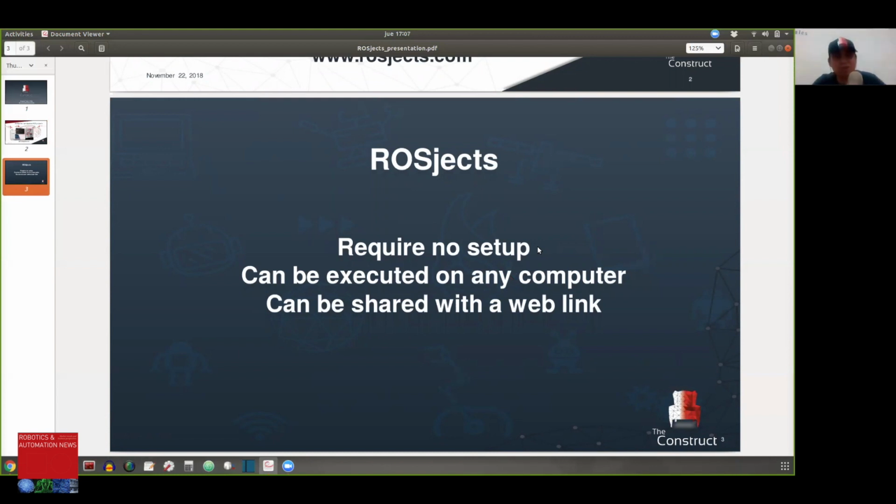Whenever you create a ROSject in our platform, you can share this ROSject with anybody else just by providing a web link. The people will click on that link, and they will automatically receive a copy of the ROSject containing the code, the simulations, the notebook, the data set, whatever you have put inside there. That's very convenient for sharing code, and especially for reproducing the results of others. Basically, I wanted to share with you this super nice concept that is called the ROSject.